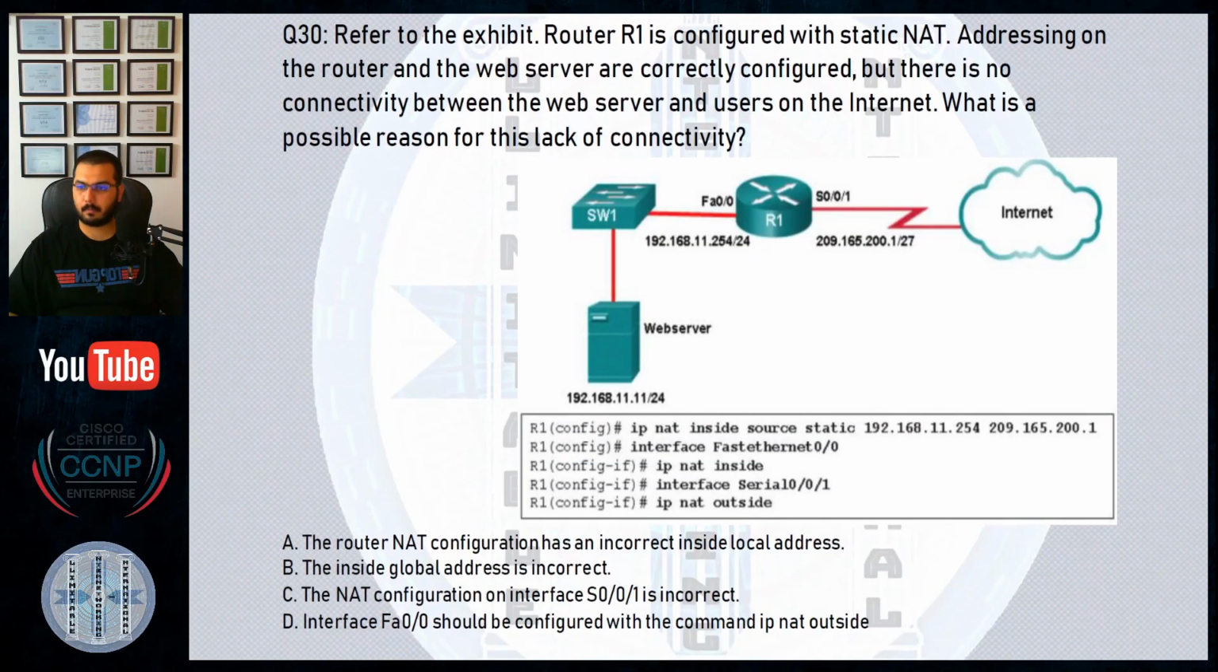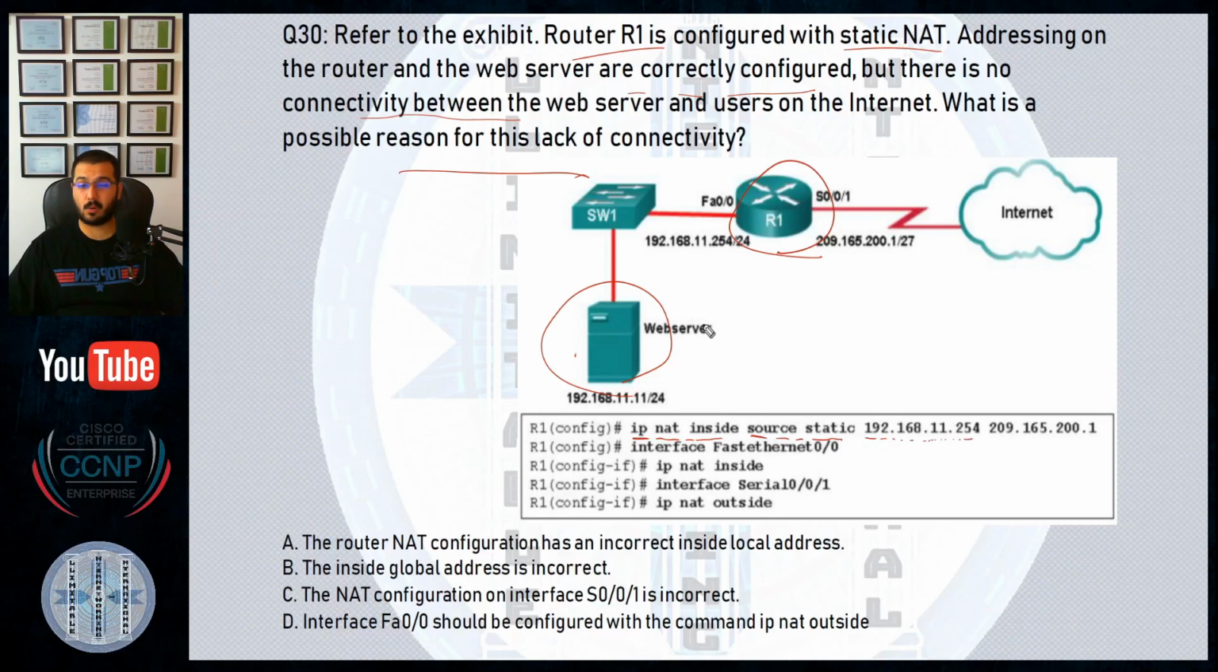30. R1 is configured with static NAT. Addressing on the router and the web server are correctly configured, so I will not change this IP, the config here, neither the config here. Then, but there is no connectivity between the server and the internet. So what do we have? What is the lack? So this guy says that IP NAT inside, okay, in this router, the source will be static, correct. IP address